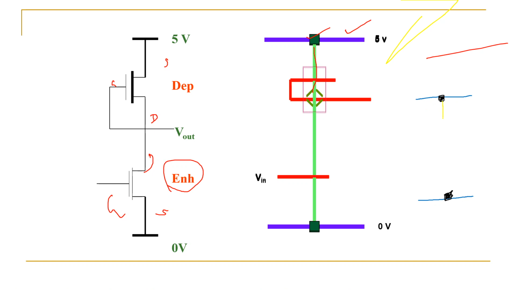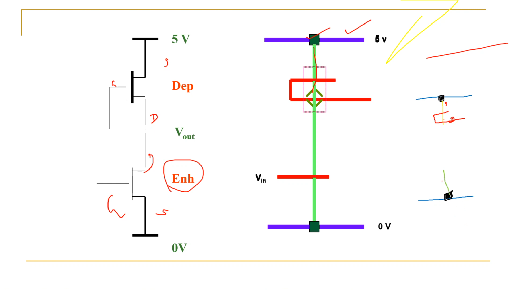This is the P diffusion, and for the N MOSFET it is light green, so choose green here. For polysilicon we choose red. Now this is your source side and this is your drain side, and we need to draw the gate, which is connected to the drain. Hence you need to make a buried contact here, which I will draw later.